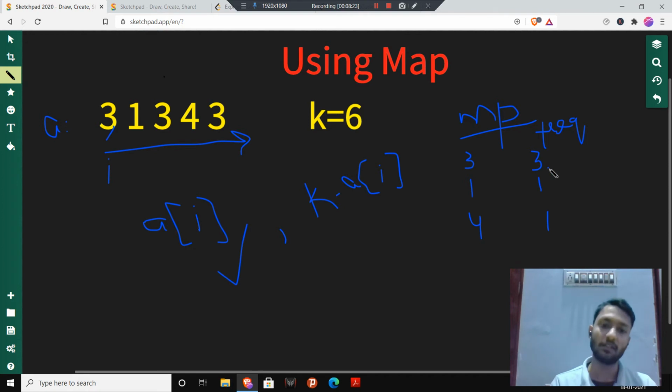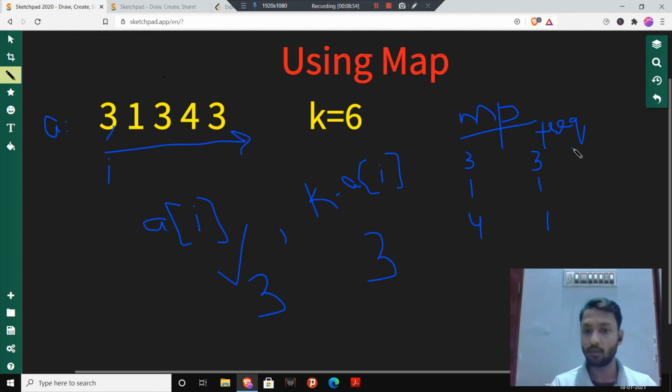That means we can make a pair out of that, but there is one condition. What condition? If these elements are equal, then the frequency should be greater than 1. I think it is clear to you. For example, if A[I] is equal to 3 and K minus A[I] is equal to 3, and the frequency is 1, then it will not form the pair.